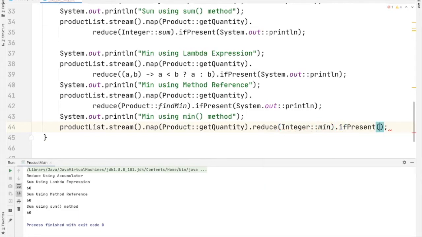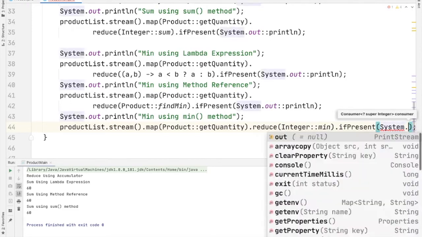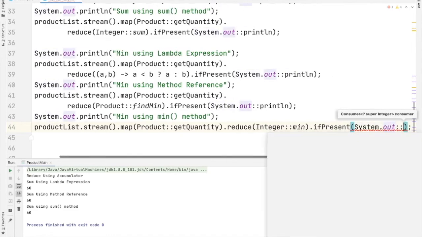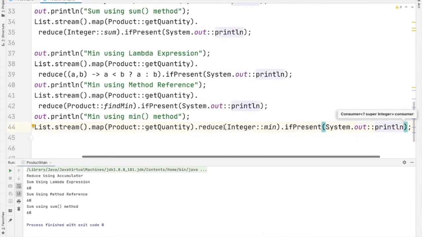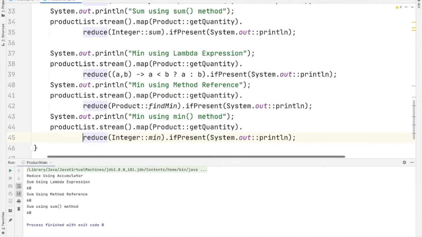If this result is present, we will print the result. System.out::println. We'll run the code now.